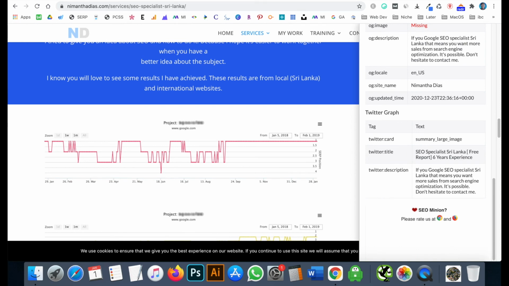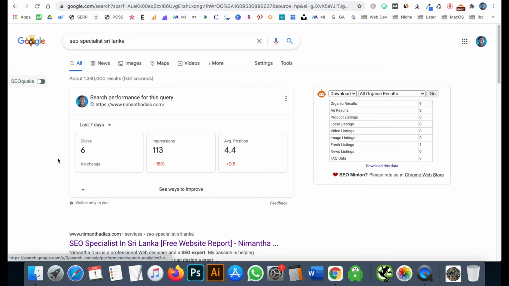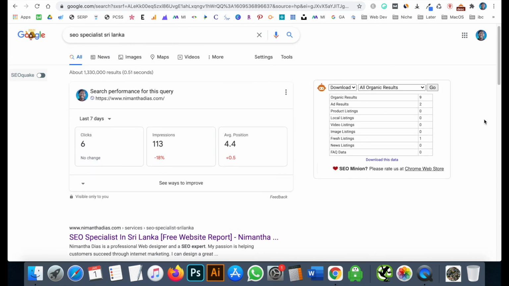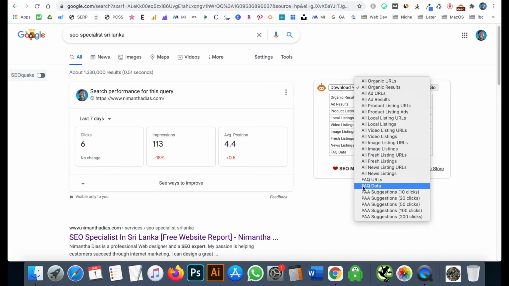And also if you search, I can show you. So now I just search SEO specialist Sri Lanka, right? And then there is one box coming from the SEO Minion extension. There are some things you can download or copy, like suggestions.